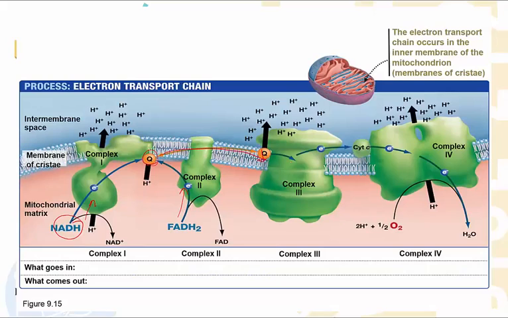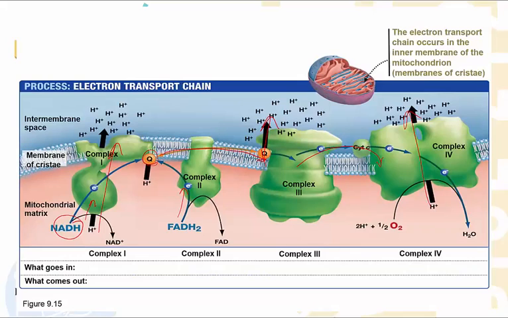Complex 3 then passes the electrons via cytochrome C to complex 4. As the electrons are passing through the electron transport chain, complexes 1, ubiquinone, and complex 4 pump protons or hydrogen ions across the inner mitochondrial membrane